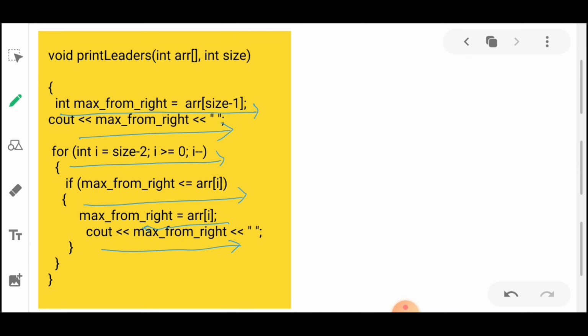The time complexity of this solution will be O of n, because we are using one loop only, we are iterating through once only. In the previous approach we were iterating twice, so the time complexity was O of n square, but in this we are iterating once, so the time complexity will be O of n.